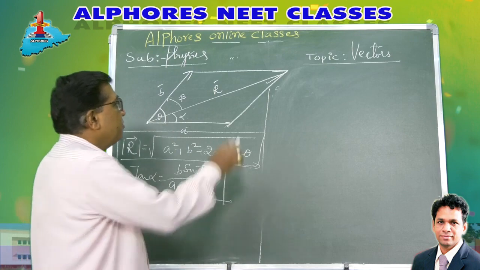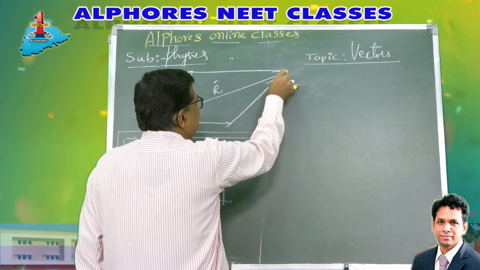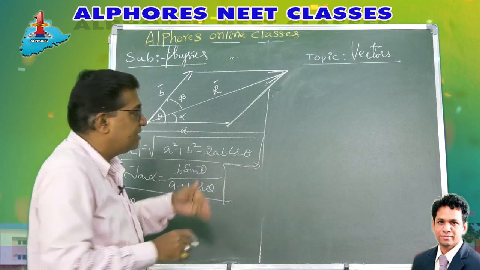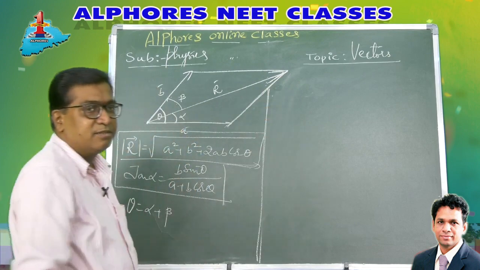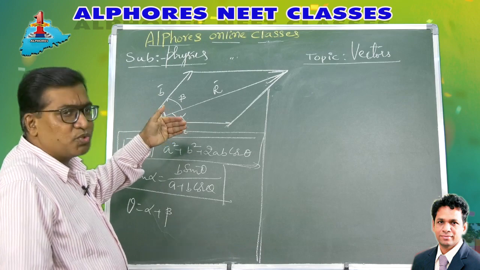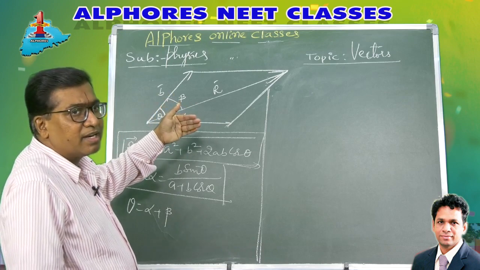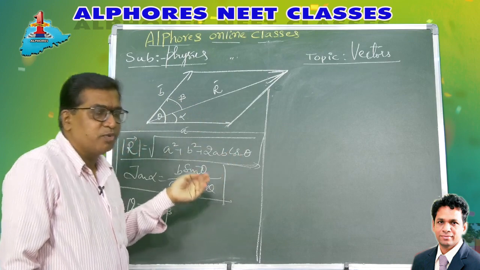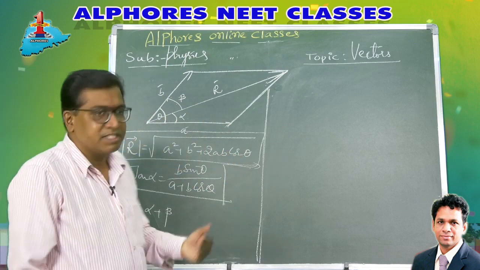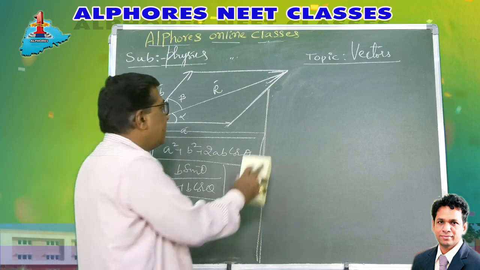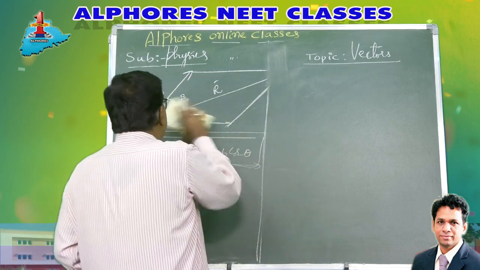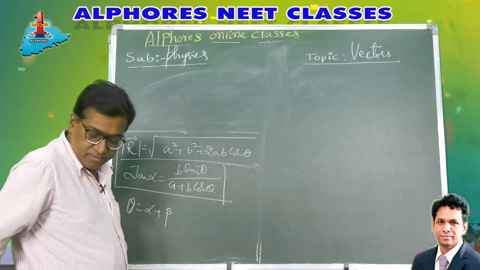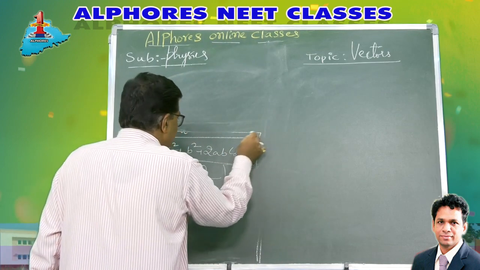Now, let us take up various other cases regarding this. What if the two vectors A bar and B bar are parallel to one another? What would be the resultant and what would be the direction there? Let us take up such cases, where the angle between the vectors is such that the vectors are either parallel, anti-parallel, perpendicular. Let us take up all the various possible cases there.